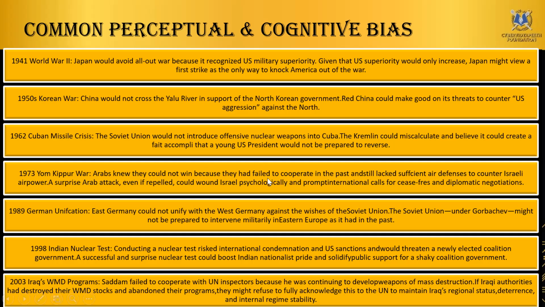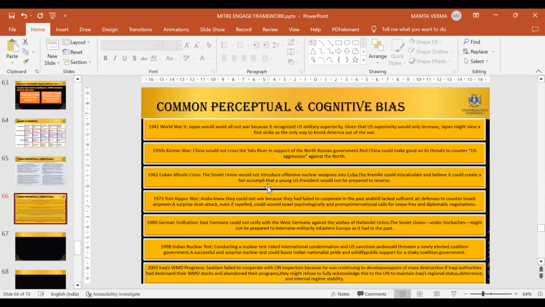And there are many such stories, and I'll share the slide with you. You can look for it. You can search on Google. They are very interesting slides. I took this slide from a CIA book, and that book is in the public domain. If you are all interested, I'll share the book and not waste time here. But common perceptual and cognitive biases sometimes become so powerful that you start ignoring the facts which are available around you.